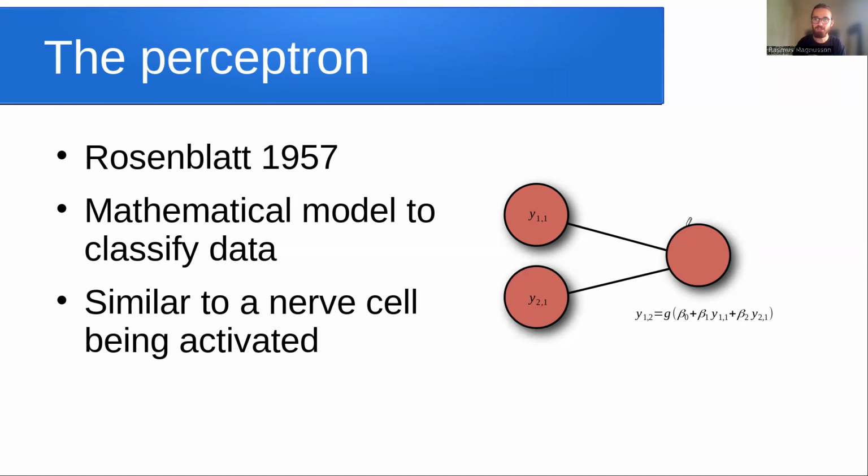You have a neuron that is either activated or non-activated. In mathematical terms, it's either 1 or 0. One would classify input data into group A, 0 would classify data as belonging to category B, I would say, in this example here. And then you feed data from the inputs into this output neuron, depending on some kind of mathematical expression.